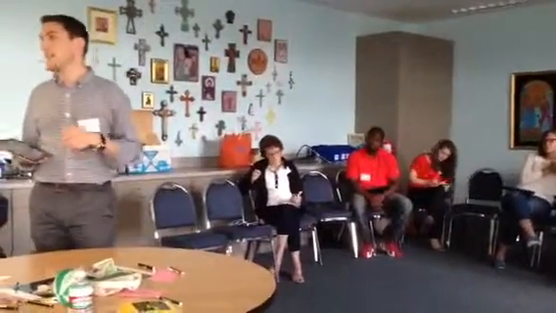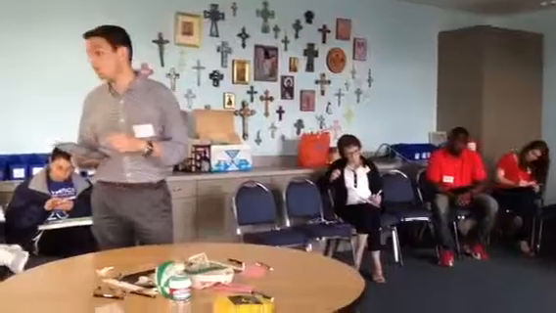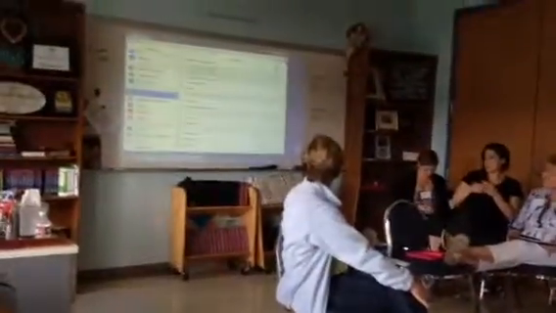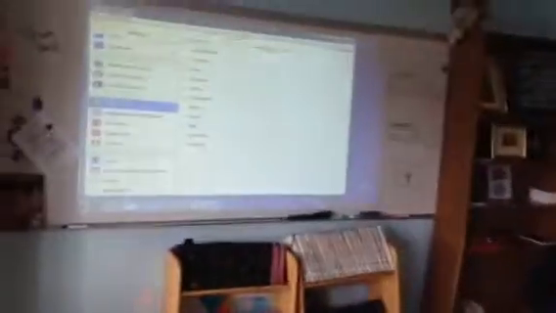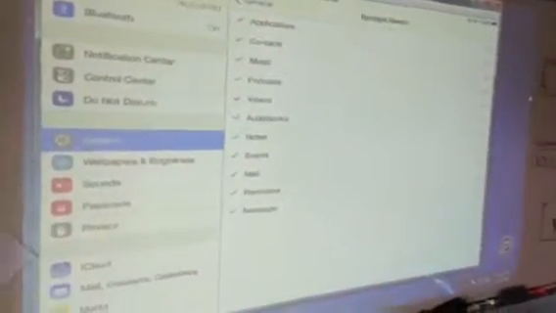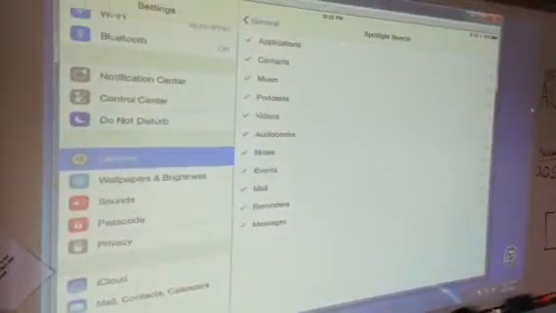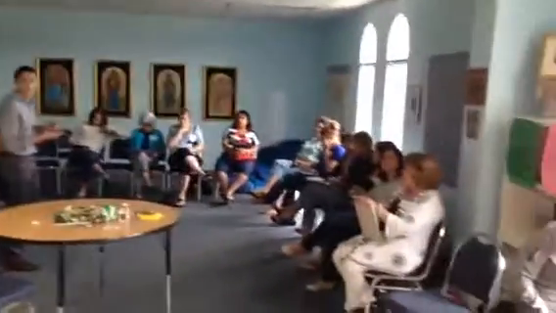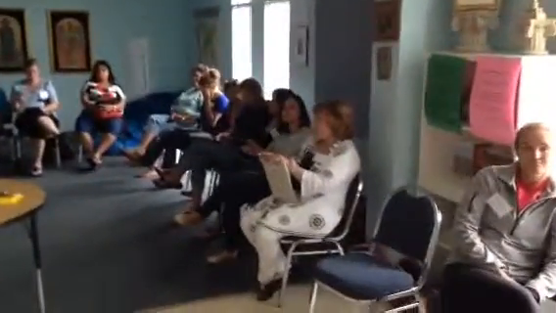If you go to your settings, and again, just make sure you often work with your settings. Within your settings itself, you want to go to, someone help me out, Spotlight search. Where do you see that? Spotlight search. Perfect. So we go to settings, we go to general, we go to Spotlight search. And you're going to see by default that there's about 10 or 15 things that are automatically showing up in the Spotlight search. So maybe I decide I don't want my mail to show up when I do a Spotlight